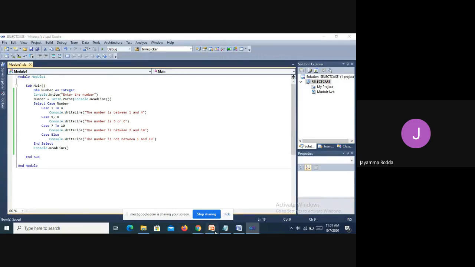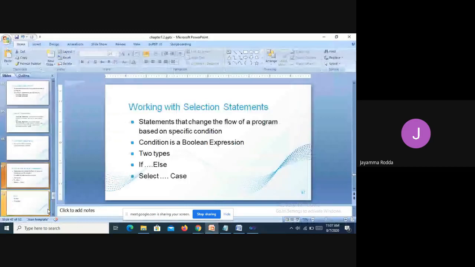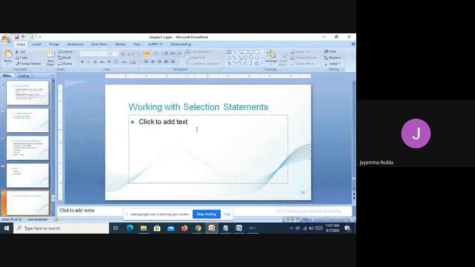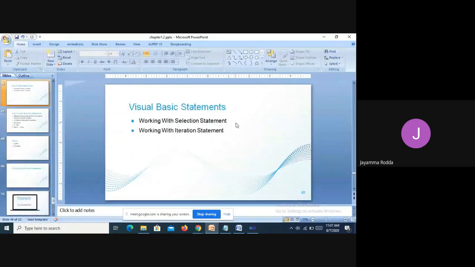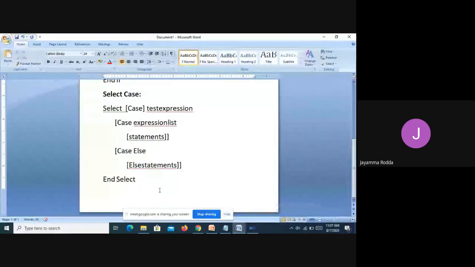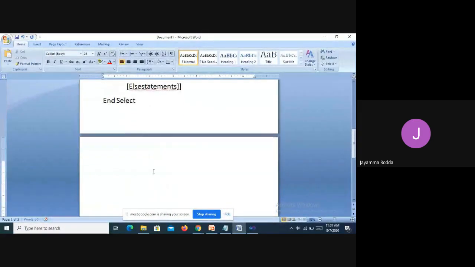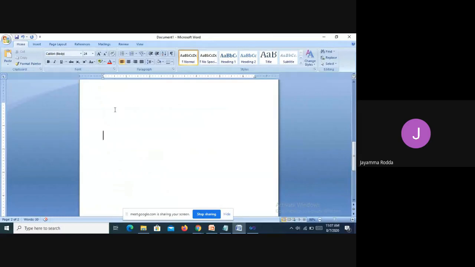So the selection statements are over. Then we have to discuss the iteration statements. What are the iteration statements? Iteration statements are statements with which a loop will be created, as we will see.